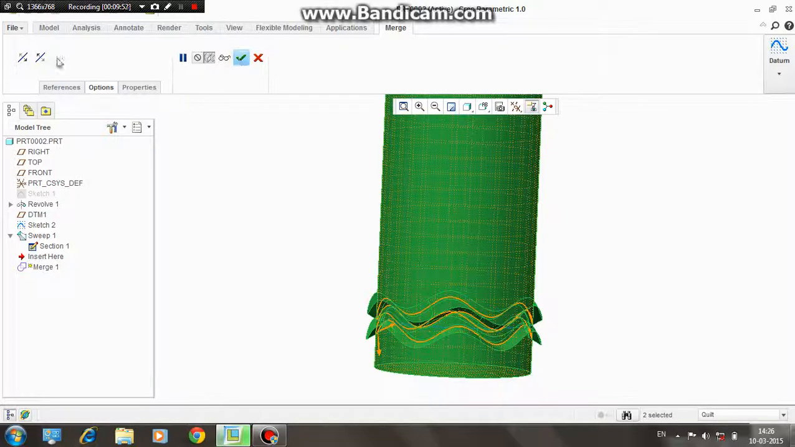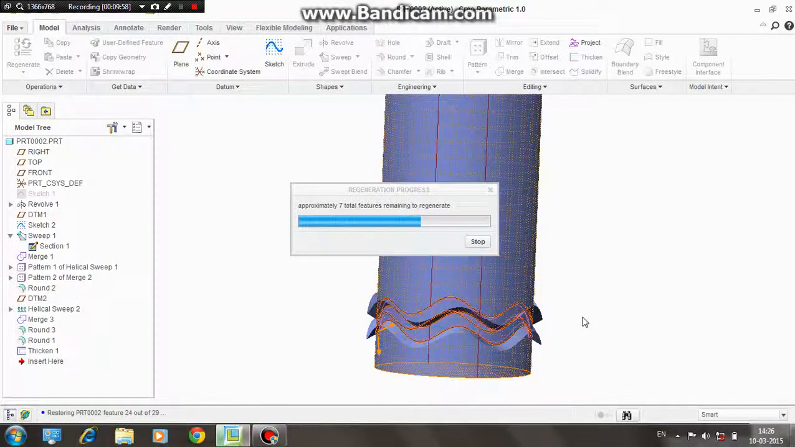Okay, you can flip this to see. Okay, now click OK. You can see the